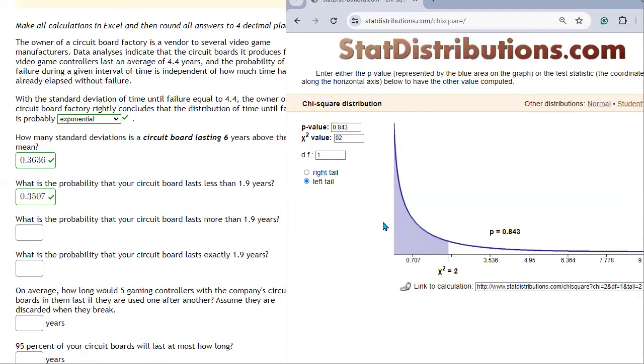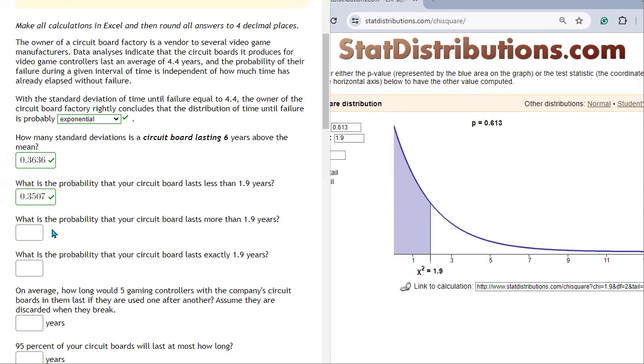That would look like this right here, right? So if I put in 1.9, this area would be 0.3507. Now, because chi-square with 1 degree of freedom and this exponential distribution have two different shapes, this is going to have a probability value of 0.832. Our problem is going to have a probability value of 0.3507.